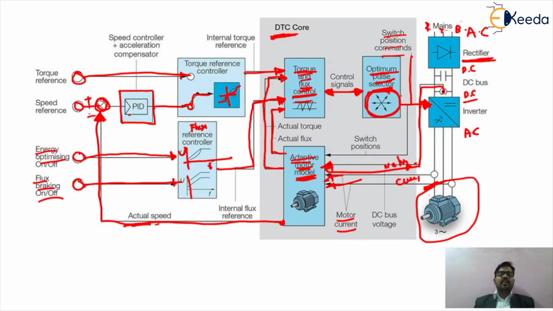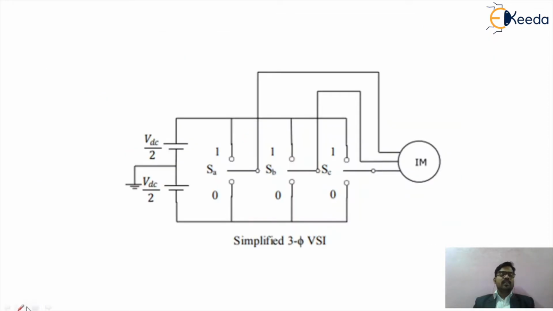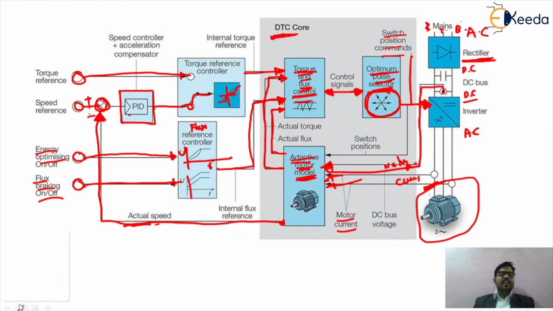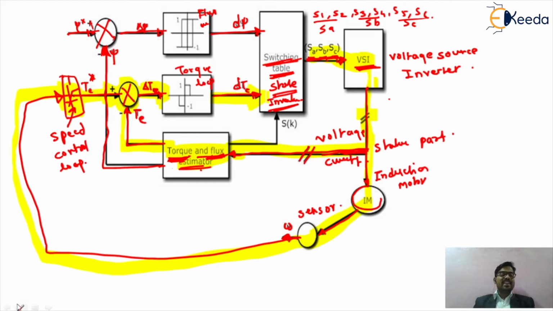I think everyone has got a clear understanding of direct torque control, and basically this figure is powered by ABB. So this will be the actual industrial example of your induction motor drive. Friends, in that particular circuit, we have a very important term to understand, which is SA, SB and SC. So what are these SA, SB and SC?